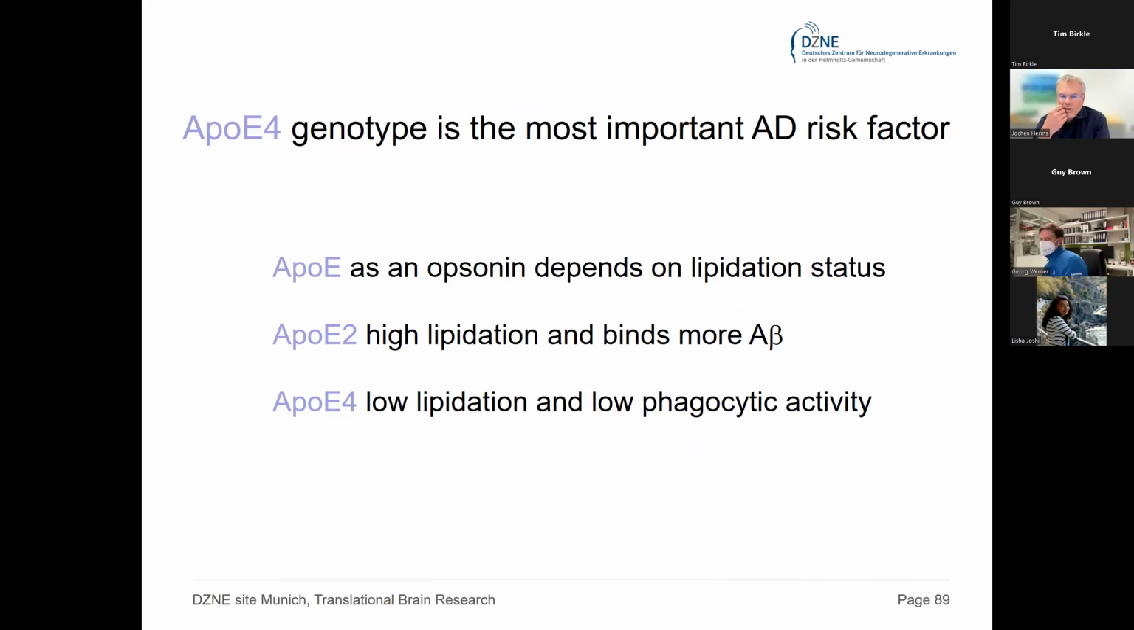ApoE as an opsonin depends on its lipidation status. ApoE2 has a high lipidation and binds more A-beta, so the uptake of A-beta is highly efficient in ApoE2. However, in ApoE4 there's low lipidation and a low phagocytic activity. So it's suggested that if you express ApoE4, the uptake of A-beta that is produced in the brain under physiological conditions might be less